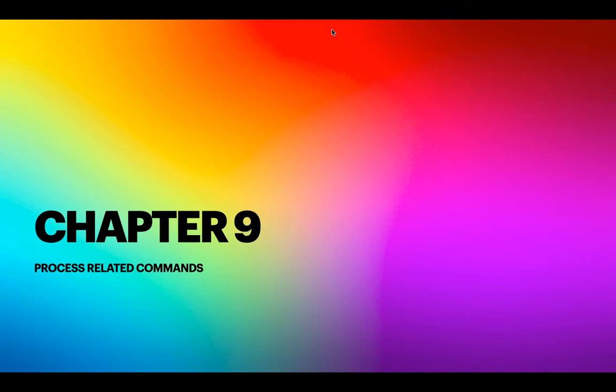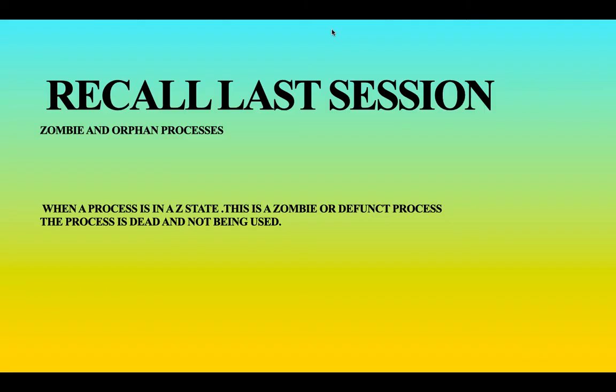In the last class, let's recall what we have covered. Chapter 9 is entirely about Unix commands, whatever the grep command, and so on. In the last class I was talking about process state diagrams. I told you it is an important question. Already we have learned the process state diagrams. Here it is called the process transition diagram in Unix.